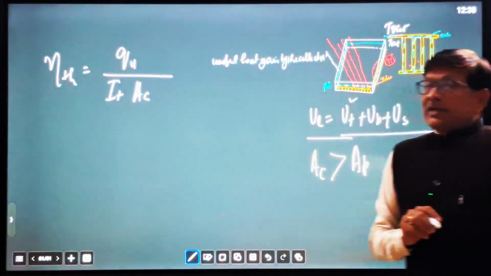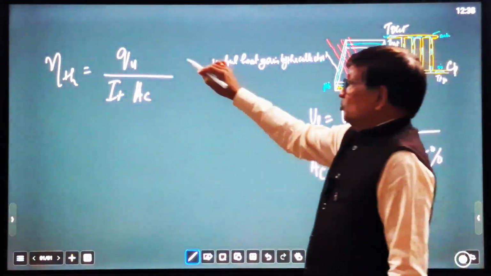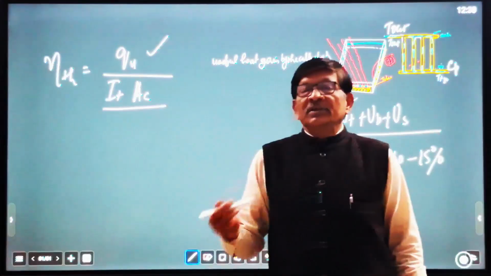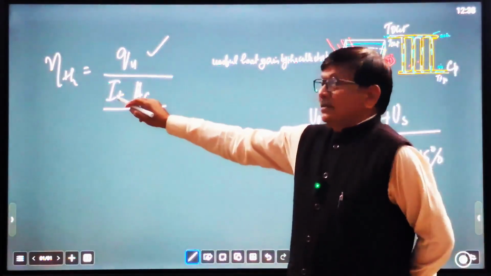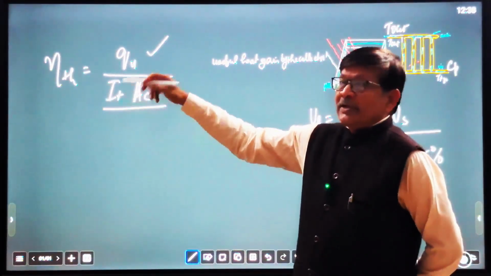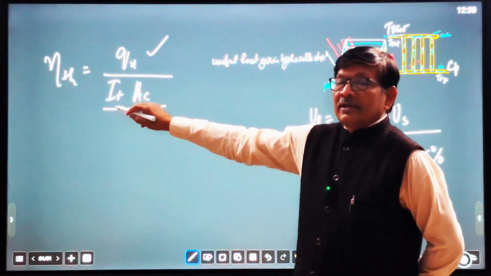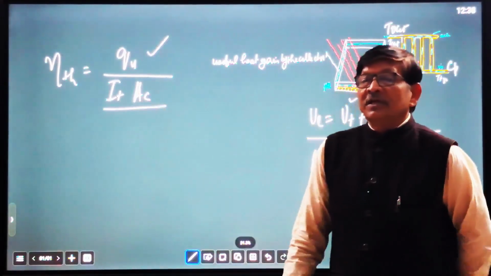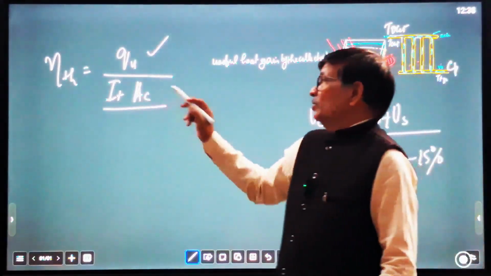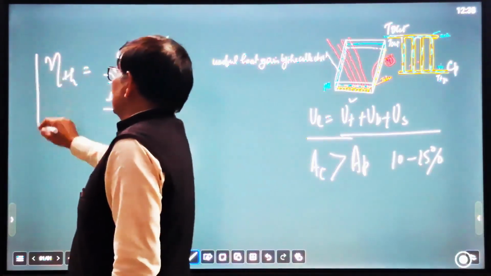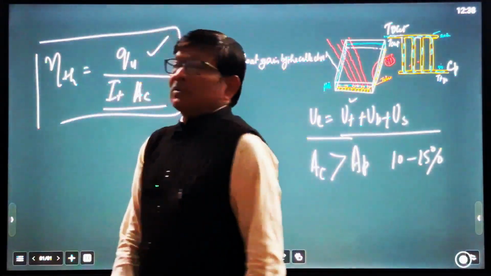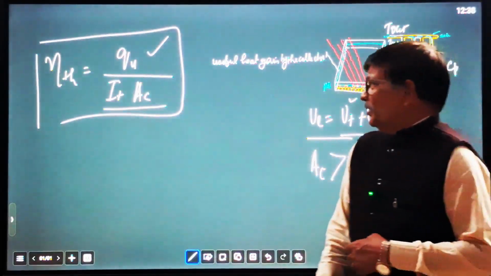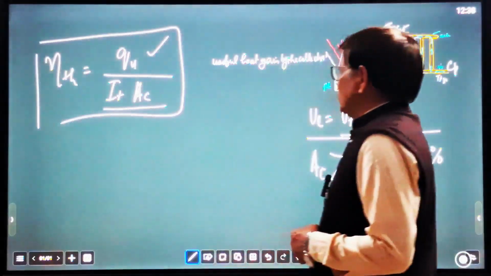Because we have already calculated the useful heat gained by the collector, and how much energy is coming onto the collector. That is the total radiation, total irradiance, the total solar intensity reaching the collector cover, and AC is the area of the incoming radiation, that is IT into AC. This is the equation that you can use for finding the thermal efficiency of the flat plate solar collector. And this equation is also used for finding